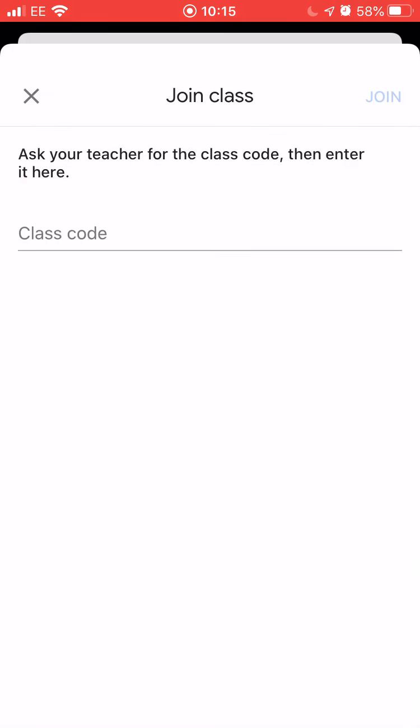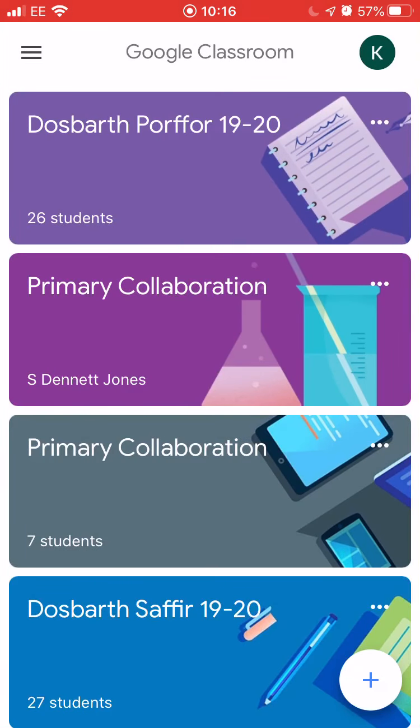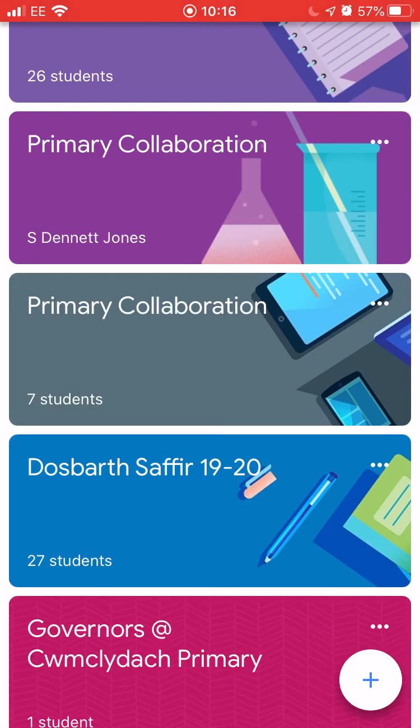And then you pop your class code in. If you haven't got it, again, don't worry, message the teacher on Seesaw, email the teacher, they've got it for you. It's just a 5 or 6 digit code. You pop in, click the join button there, top right hand side, and it'll join you into the classroom straight away. So you can see now, there's my class, DOS Sapphire. Your class will then come up on this page, and you can open it up. So if I click on DOS Sapphire,